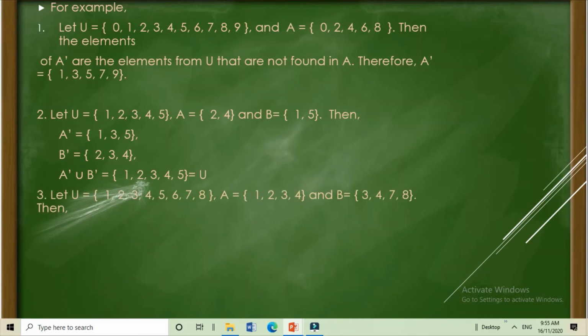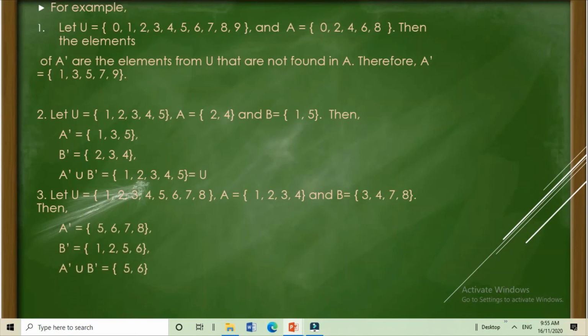Another example, let U, or universal set, is equal to the element 1, 2, 3, 4, 5, 6, 7, 8, and set A is equal to the element 1, 2, 3, 4, and set B is equal to element 3, 4, 7, and 8.